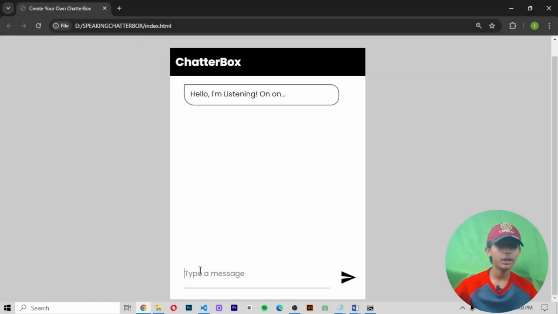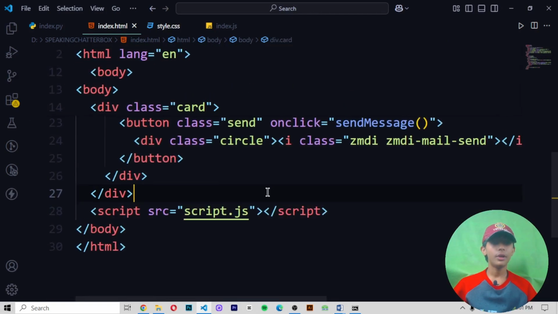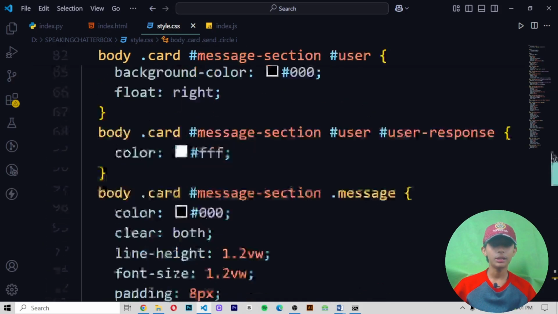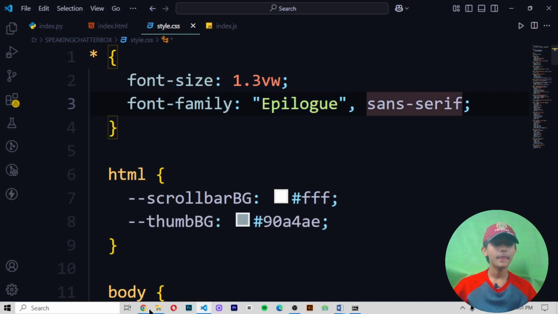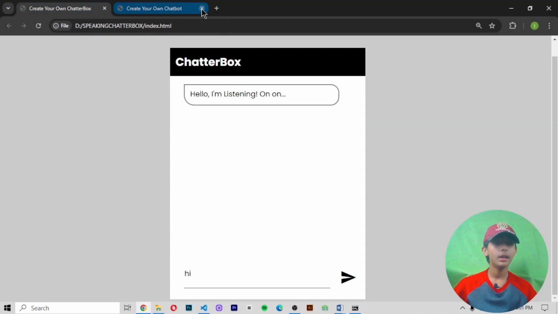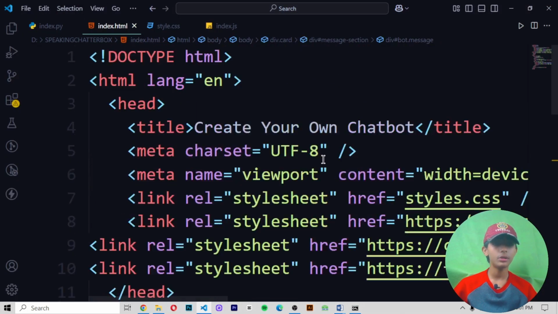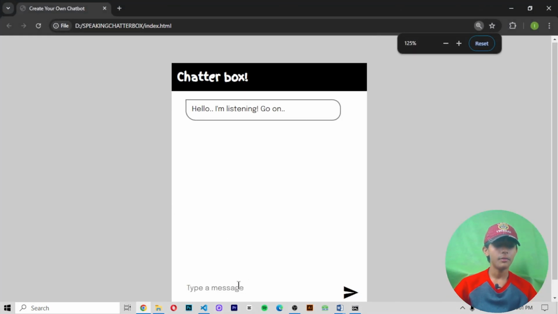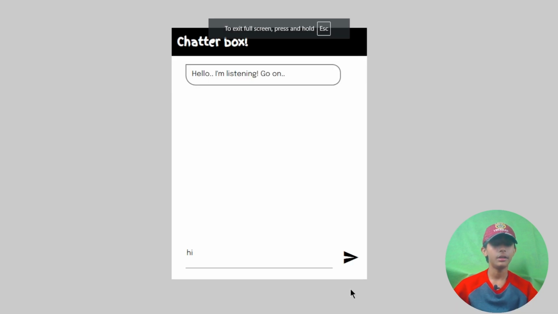Okay, so run it and hi. So why is it not saying anything? Let me see and do all the things we did. When we write all our code, we save it from here, and I changed the font from here. I changed it a little, to Appleyogi sans serif. Now save it and run it. It is looking like this, but it is not running because my file name should be style.css. Save and run. Now it is looking like this. Now when I write hi, it says do not press enter, press it from here.